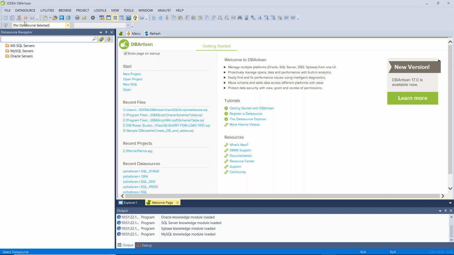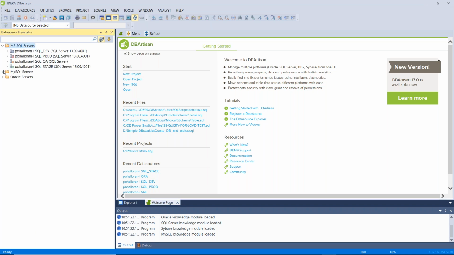I've got menus across the top. I've got shortcuts across here. I've got data sources here. And you can see I've organized my data sources by vendor. So I've got some Microsoft SQL. I've got some MySQL and some Oracle, various databases I'm connected to. And the first thing I want to show you is